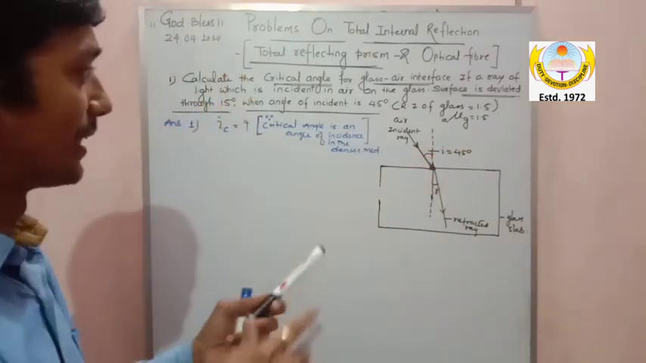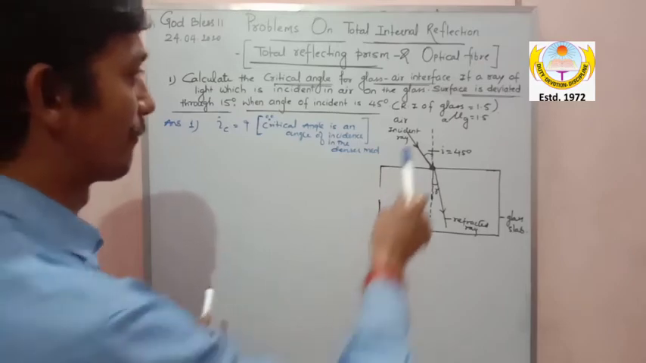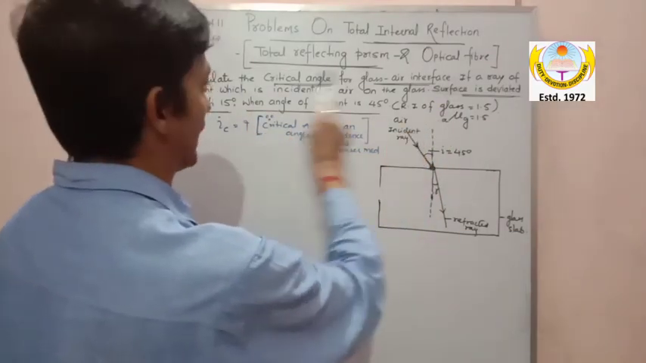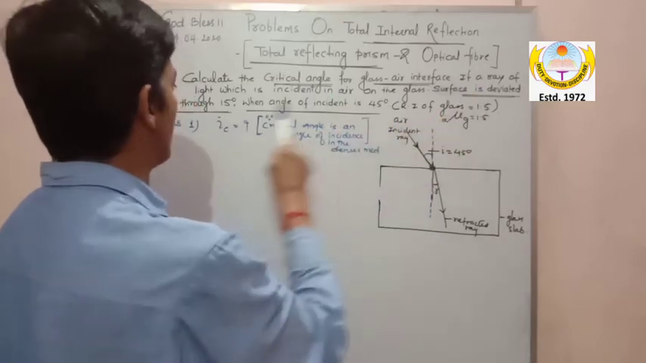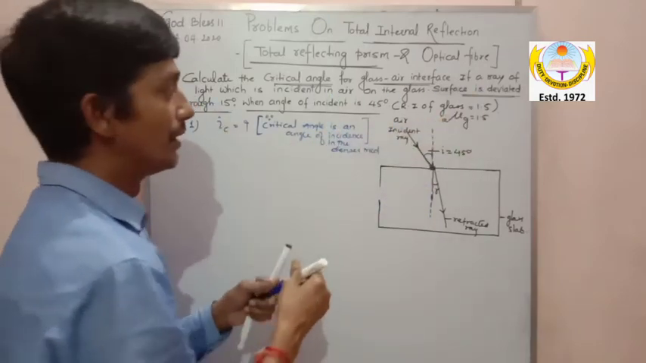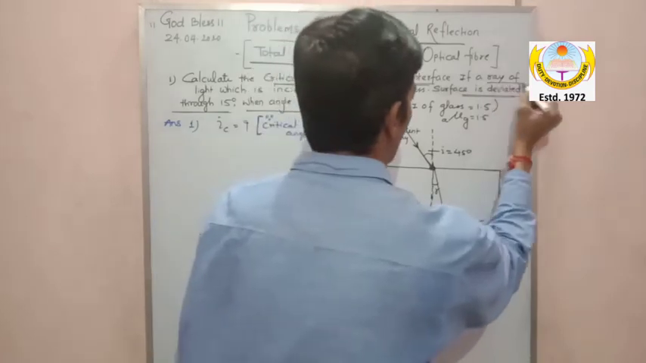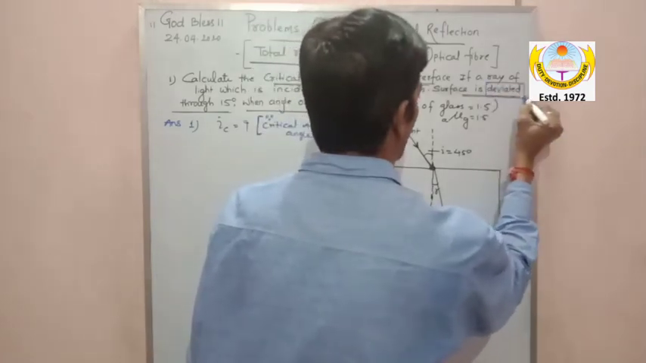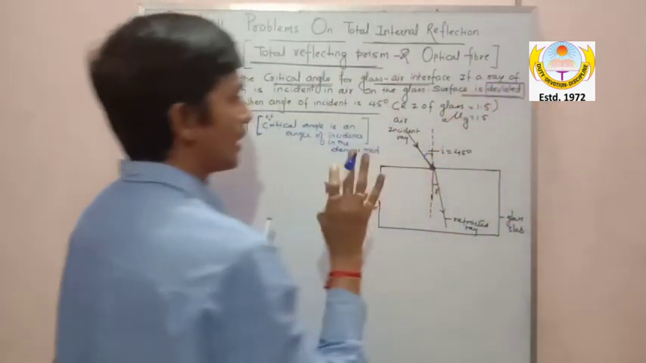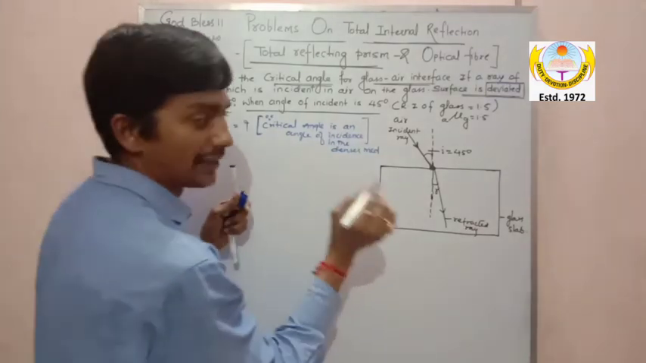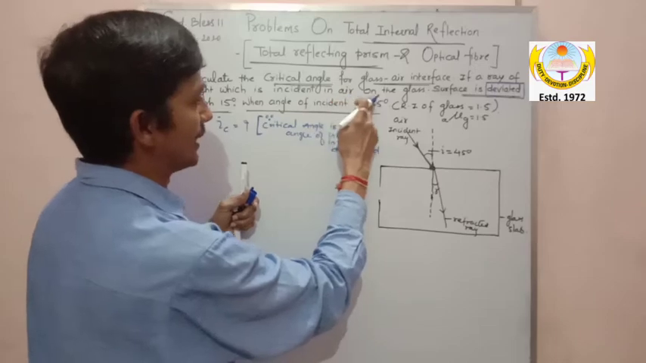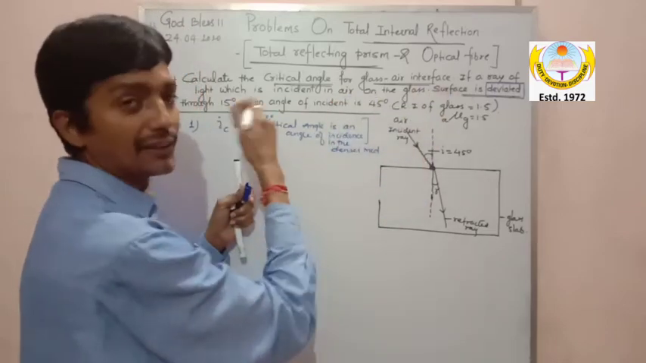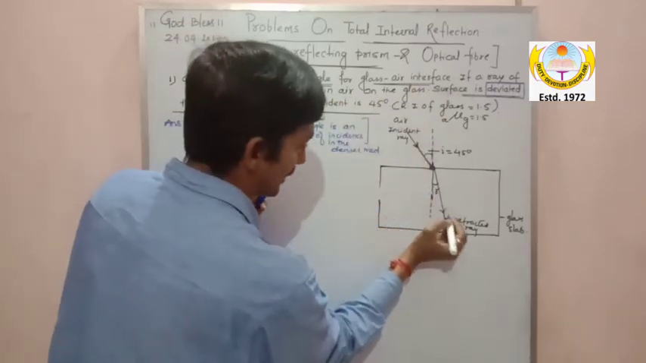Now my dear, here there is one word in the question: if a ray of light which is incident in air on the glass surface is deviated through 15 degrees. This word is very important, that is, deviated through 15 degrees, deviated. Now what is the meaning of deviated? Let me tell you. The light which is incident in air on the glass surface is deviated through 15 degrees. Matlab, this refracted ray,